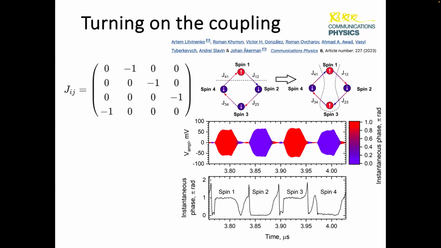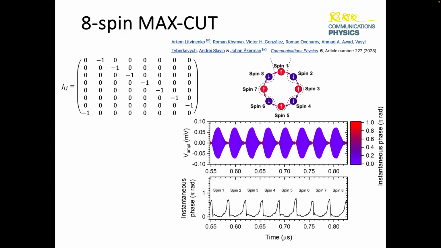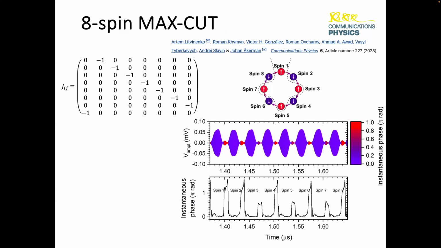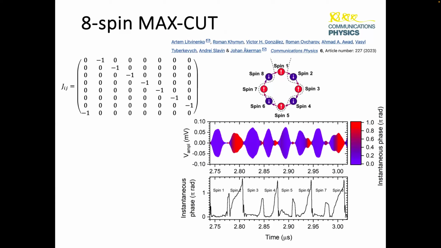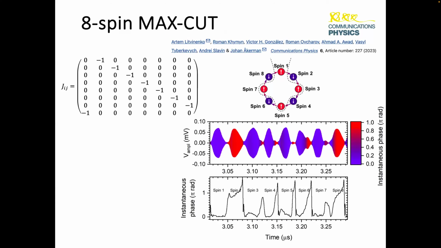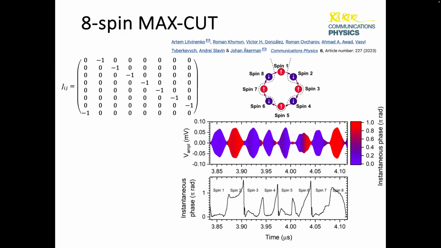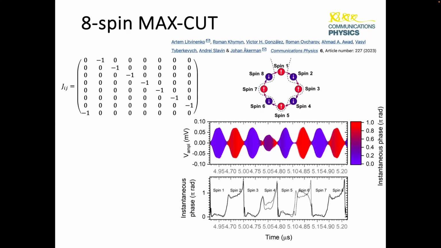We can do this at 8 spins as well. So although they are very close to each other, we can do the same type of matrix, the same type of problem. Here we just initiated a problem with all ferromagnetic coupling, so the spins are just pointing up. And then the system will start to not be happy with that, and it starts to flip around a little here and there. But as you see, after some time, we end up also here with an antiferromagnetic coupling, which we should get from this antiferromagnetic coupling. And it is the solution to this particular MAXCUT problem.